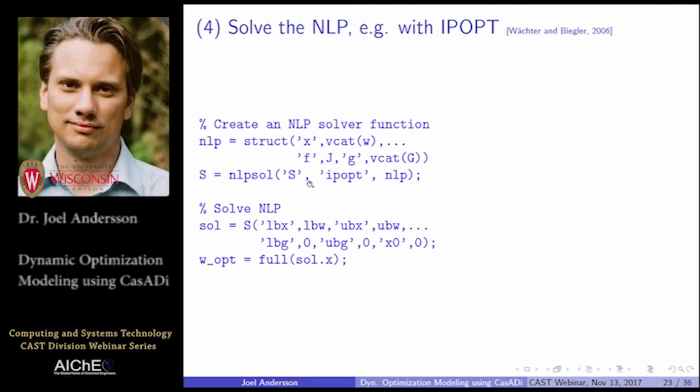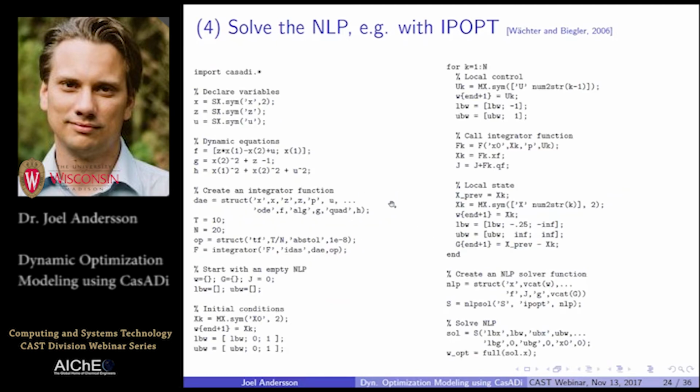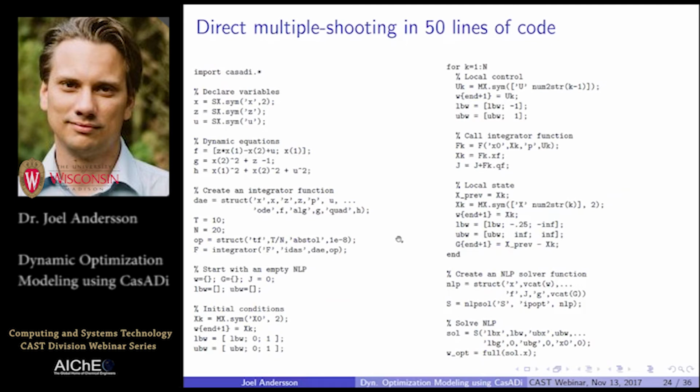All right, and finally, with these symbolic expressions for our NLP, we throw it at the NLP solver, and this gives us an object that we can actually evaluate and solve. And again, because we have these symbolic expressions for our NLP formulation, CasADi is able to automatically generate all the derivatives needed by the NLP solver in this case. All right. So this is 50 lines of code that allows you to implement direct multiple shooting, in this case with first and second order derivatives,